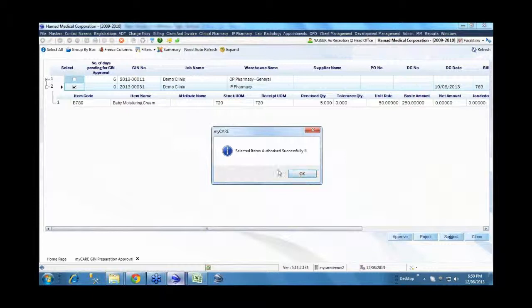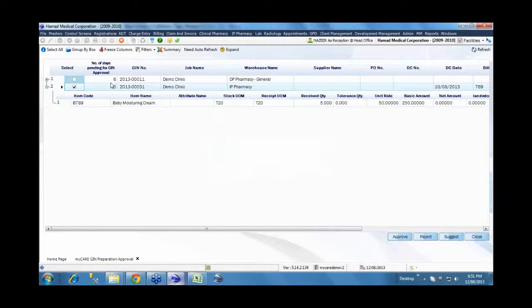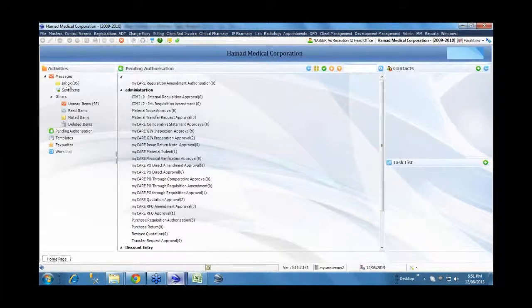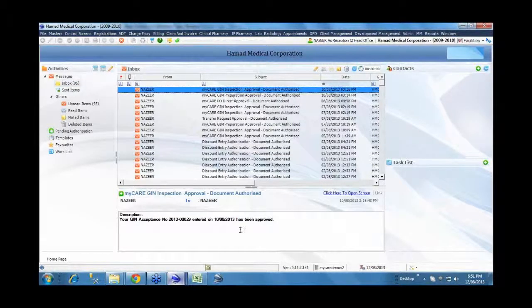So the complete authorization workflow, communication between the subordinates and the superiors, and all of those aspects, and also escalation in case there are two parties who need to approve and someone is keeping the record. In this case, for example, this particular GIN is pending approval for 6 days, and an automatic alert or escalation goes to the next one in the hierarchy saying this is pending approval for this many days. This is available as a generic feature within the system as part of authorization, and any document we can define as single level or multiple level, and various provisions as we saw can be handled.